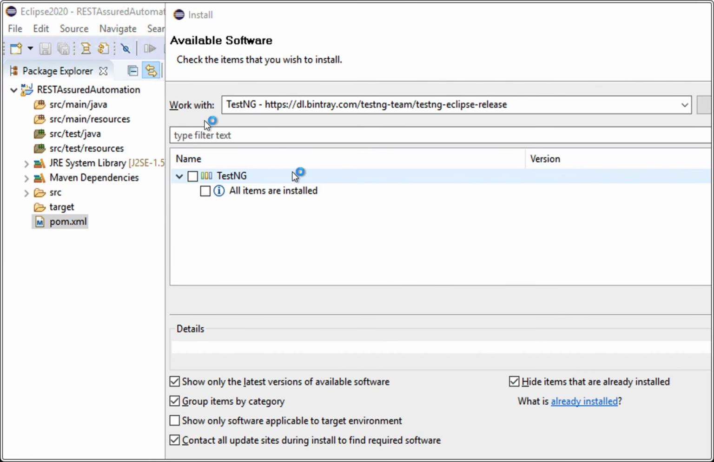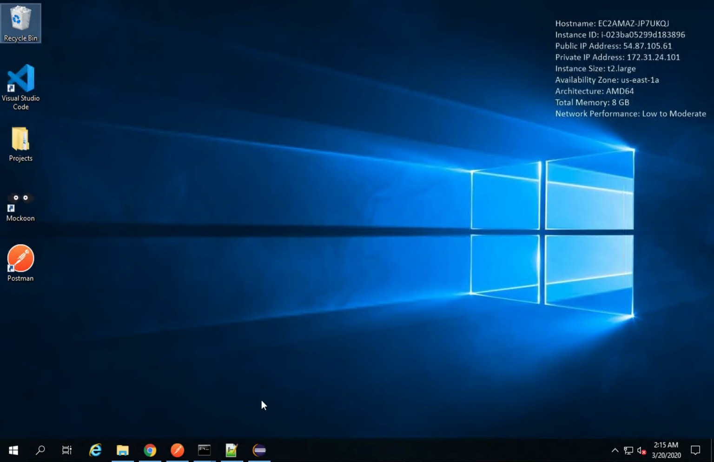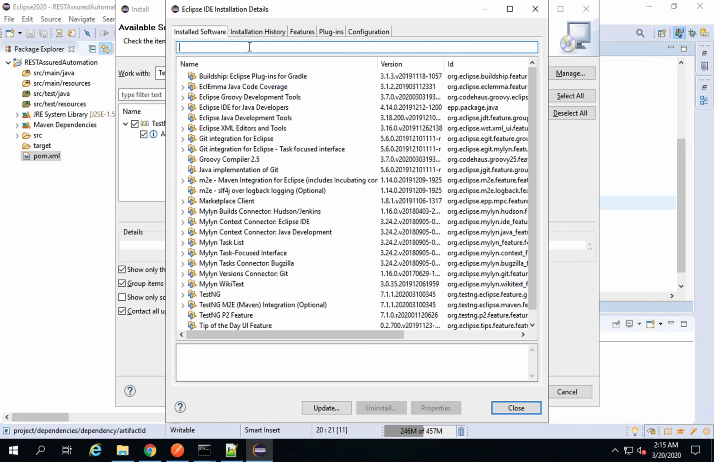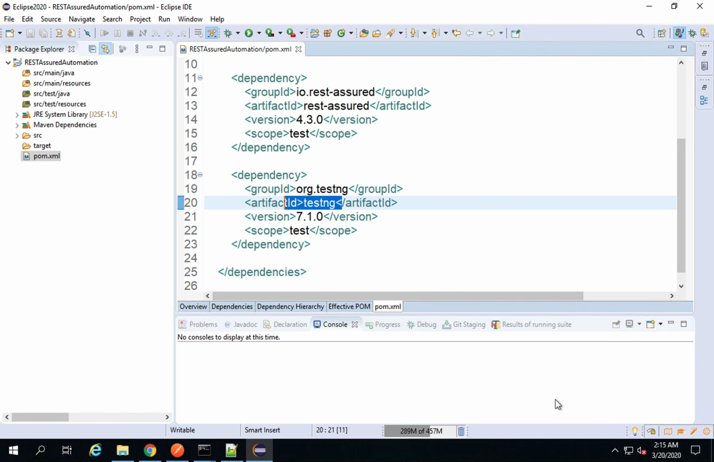Now in my case it is already installed, so I'm not able to see all the libraries. Just a minute, let me bring it back. Yes, so you will see TestNG. You can select everything and then say next and next, and it will install, and then you can restart your Eclipse. Also after restarting you can come back here and click on this already installed link and here search for TestNG. You should find TestNG here,